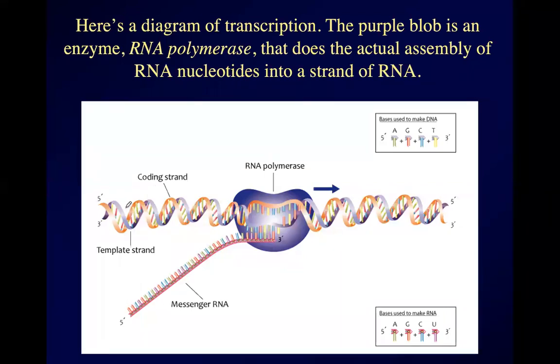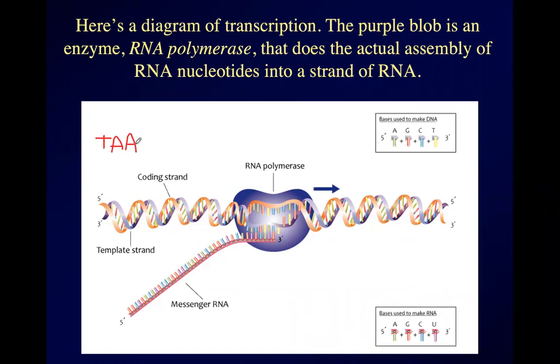You can see the DNA double helix in the center, and then in the middle, there's a giant purple blob. That's actually an enzyme called RNA polymerase that does the actual work of assembling RNA nucleotides into a strand of RNA. And so if the DNA strand says, I'm just going to make something up,